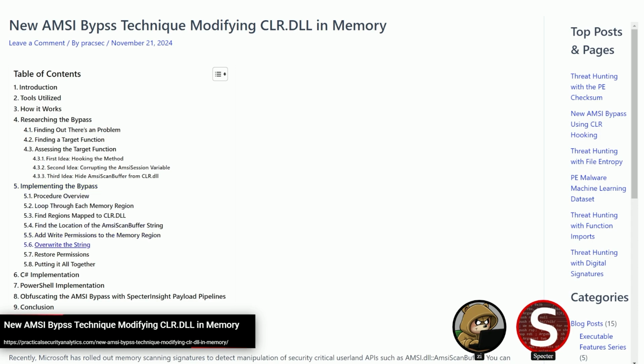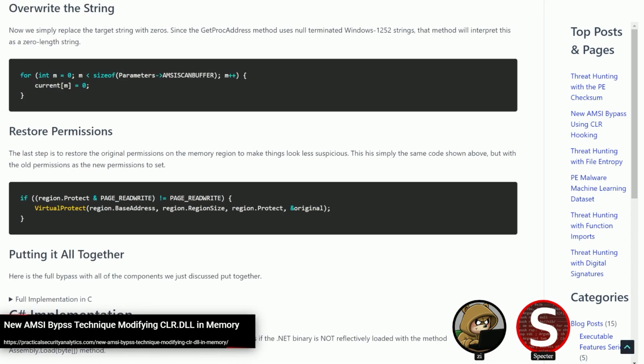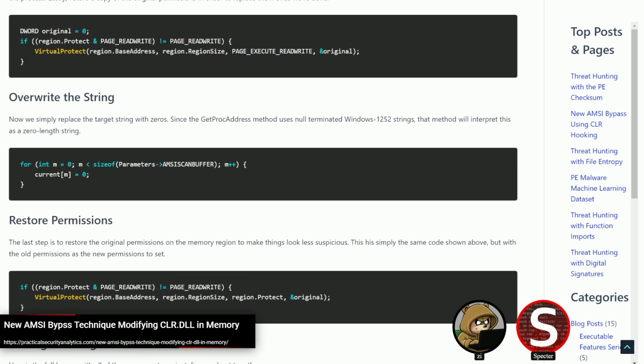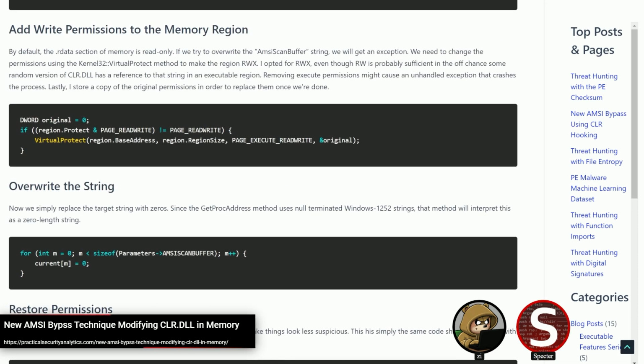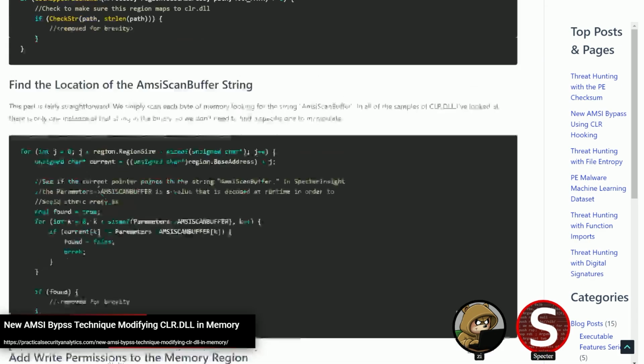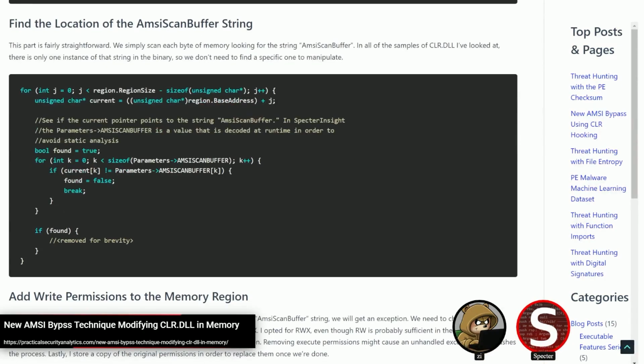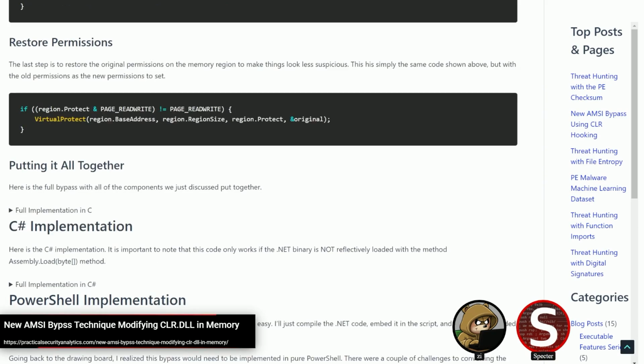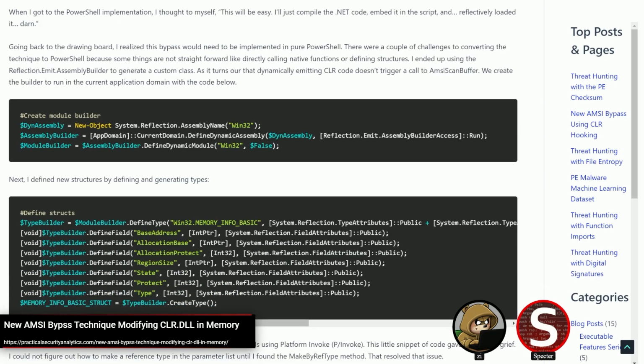So what happens if you just modify that string to make it find some non-existent method? Well, of course, the method invocation fails, but because the reflective loader has a fail open design, that AMSI check failing just continues to load the binary instead of erroring out. So it's sort of a straightforward bypass, but it's kind of fun in how it works, with it being a data only attack for manipulating the control flow.